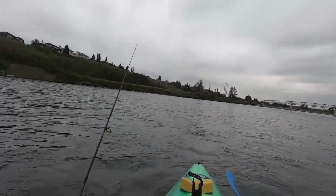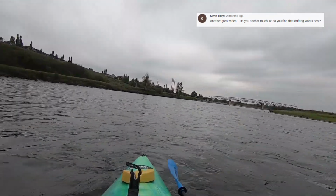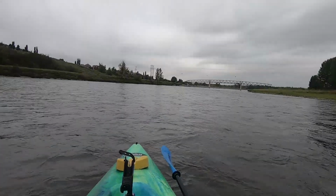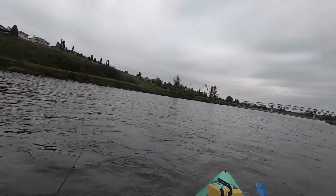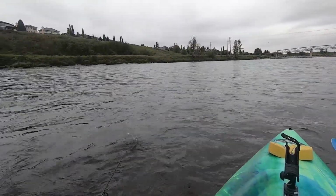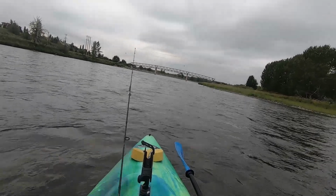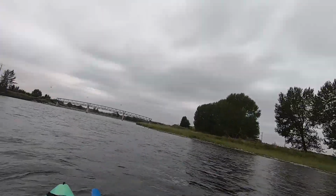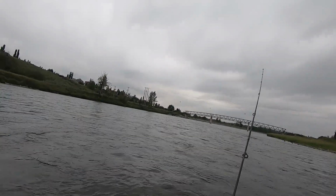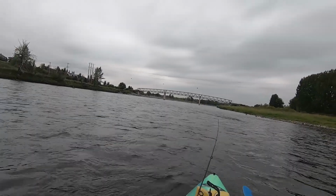Another question we had from Kevin Thays was whether or not we preferred anchoring or drifting. Obviously on a river as quickly moving as the Bow, we are drifting, and truthfully, we would not want to anchor here because it would likely tip our kayak given the swift current. But when we're in lakes that are not fast flowing, it really depends on the day and the lake. What we find is that when we're at a lake that is very calm and there's no wind, we prefer